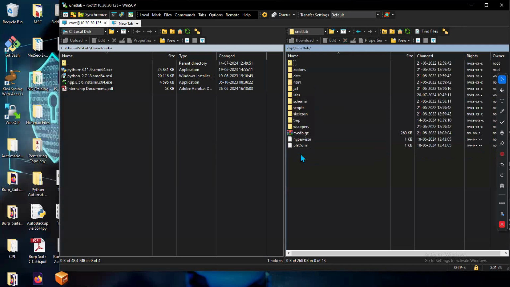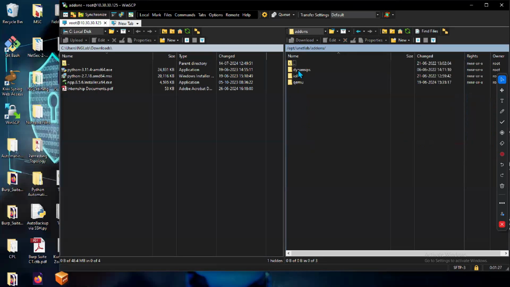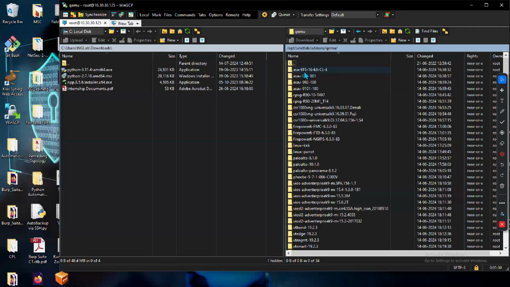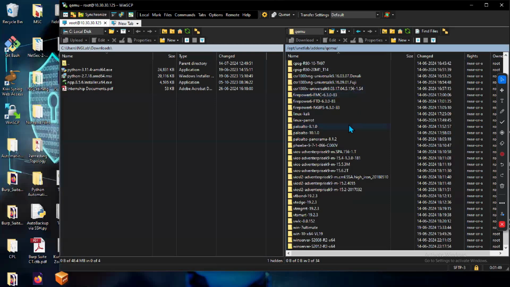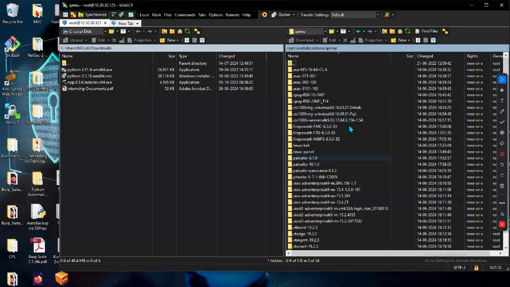Unetlab, addons, and qemu. If you notice here, we have the old folders with different names. This same name you will find whenever we give access to your image; you can get it directly from the lab guy, as I told you. Whatever name is written here, that entire folder you need to upload directly. Otherwise, you will find this folder empty for your setup. On the left side in your computer, you have the folder which you downloaded from our side, and you just drag and drop that folder. Simple. This is called upload via WinSCP.